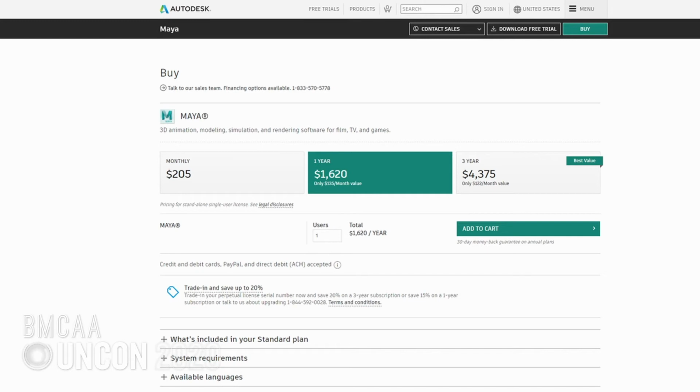And so, when we're making animations, we're using all these different types of software, and none of them are really that cheap. When you've got your animation package, you've got your renderer, you've got your Adobe suite because you need to edit stuff together, you've got maybe some sort of compositing software. All of these software packages, the pricing for them, it just adds up and it adds up and it adds up, and none of them are perpetual anymore. You have to go for these annual licenses, and it can be quite a big burden, particularly when you're just starting out. So this is what Maya is charging you these days, and this is what we were paying for Maya annually, $1,600 for 1 year for a single license,